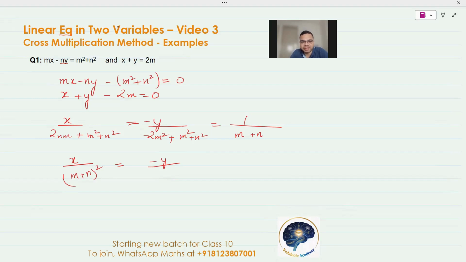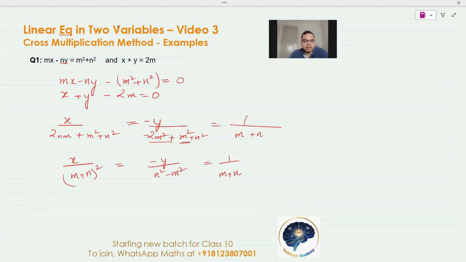So this gets cancelled, right? It becomes n square minus n square minus m square, but then okay, let me write it down like this only, because these two terms get handled together, right? When they subtract from each other, that's why it becomes n square minus m square equals 1 upon